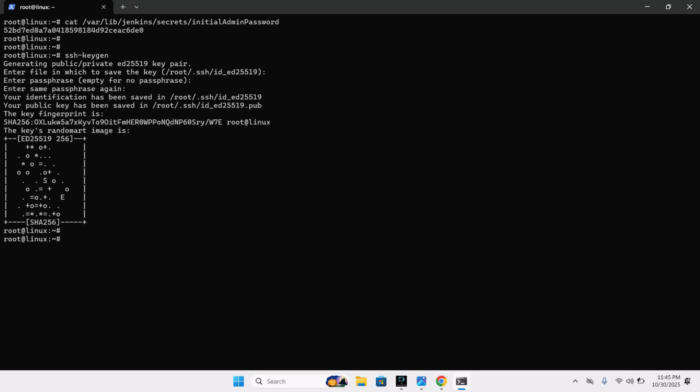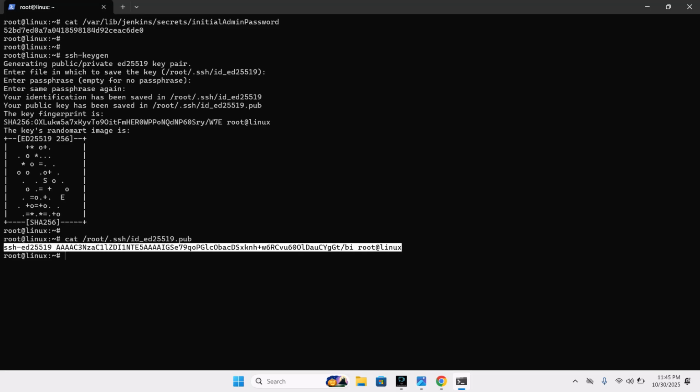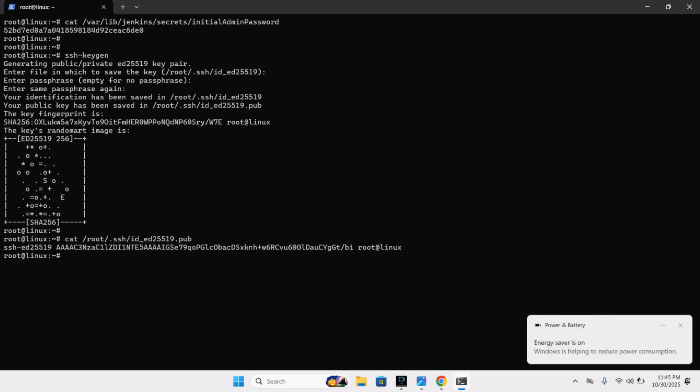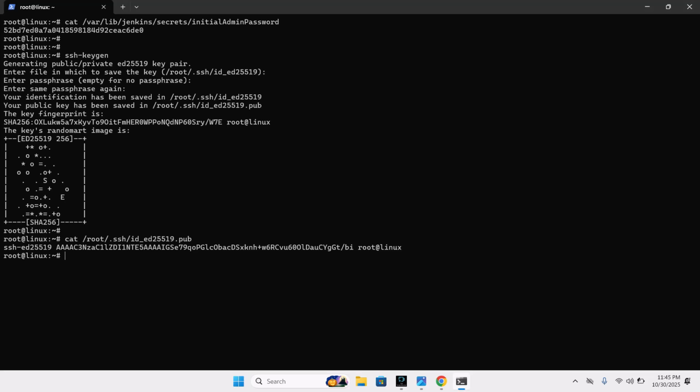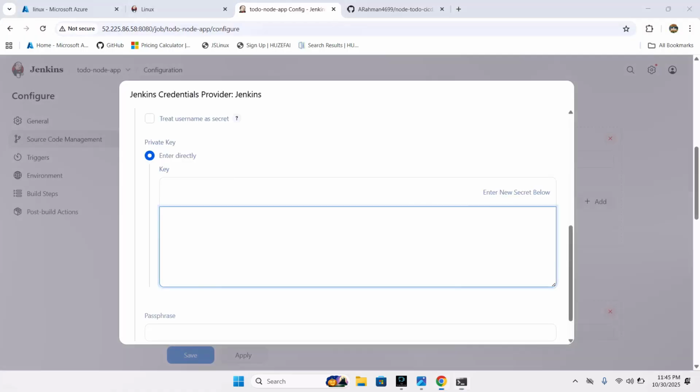Just stop. After that, using the cat command, we need to copy this key. The public key is in this path. So I'm going to copy this path. Paste here. Copy. I take my public key, right? And now I'm going to paste it in my